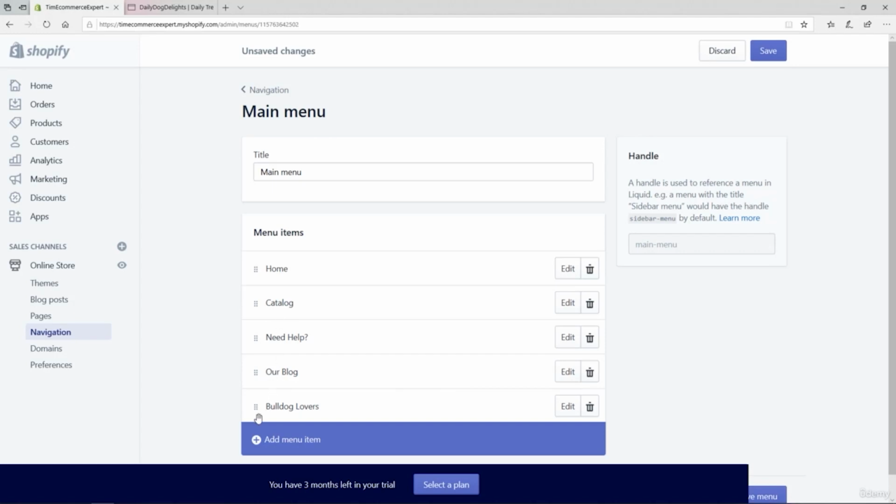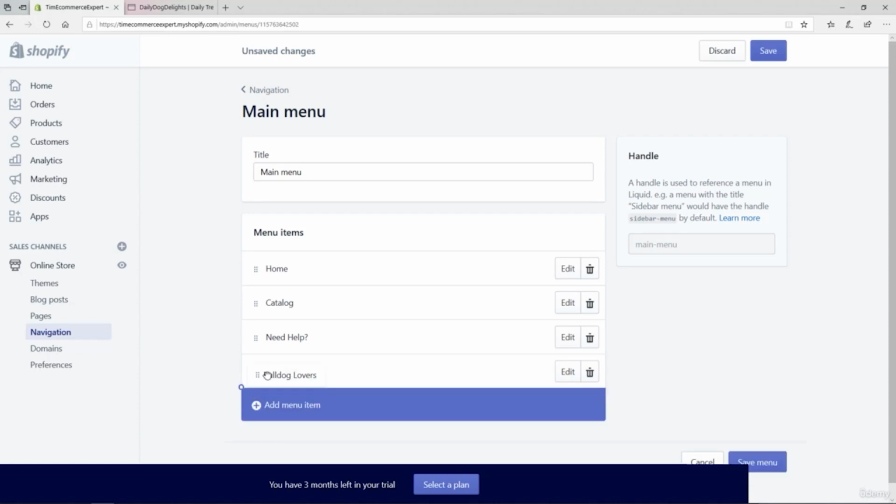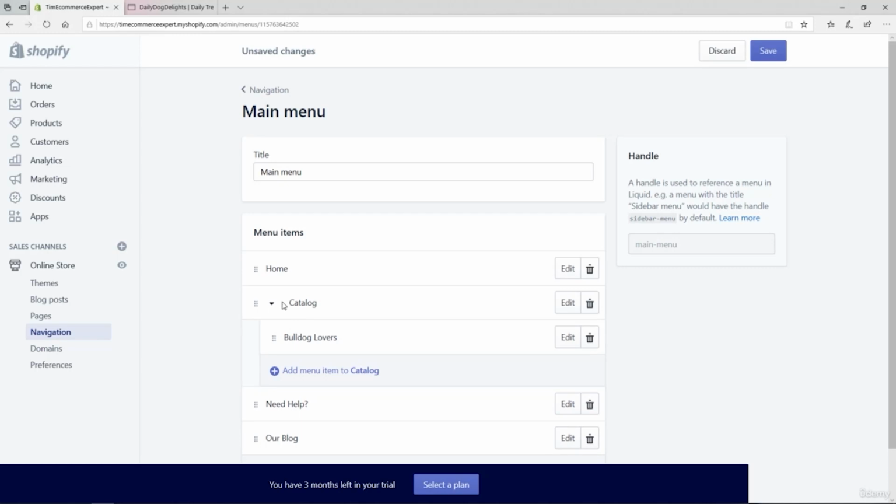Now here's something pretty cool. In order to make this a sub-menu item of catalog, all I need to do is to pick this up, drag it, and then just kind of drop it slightly to the right of catalog, so it shows in this manner. You can see that it's now a sub item. And if I click on save